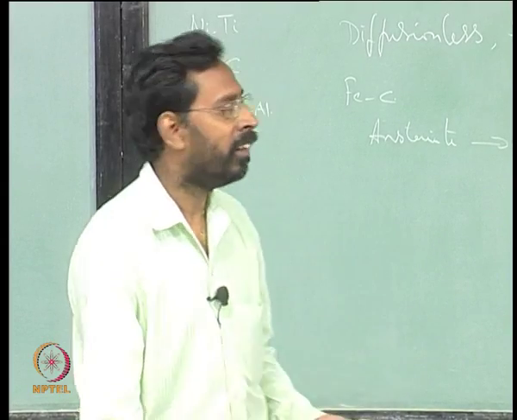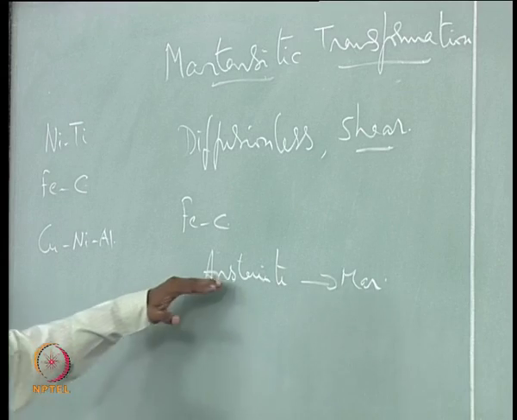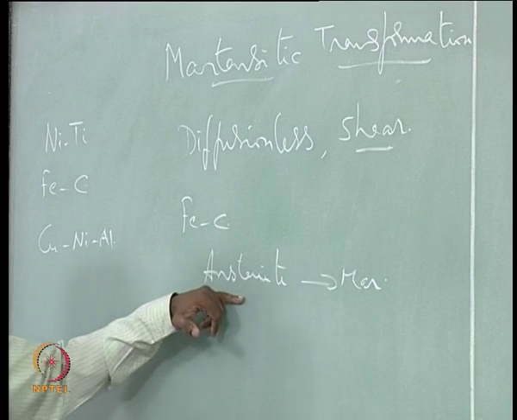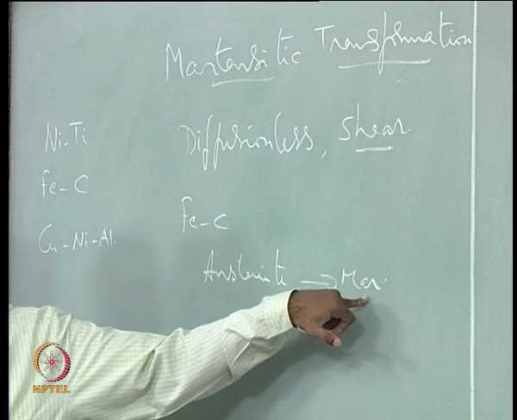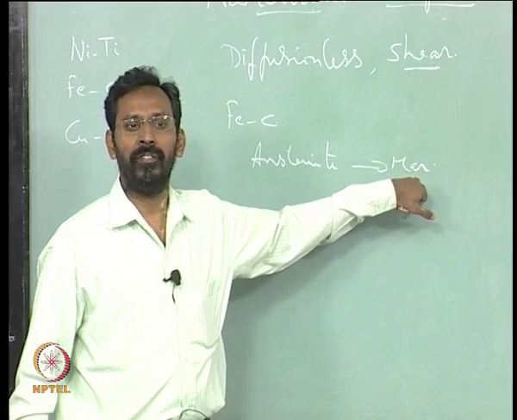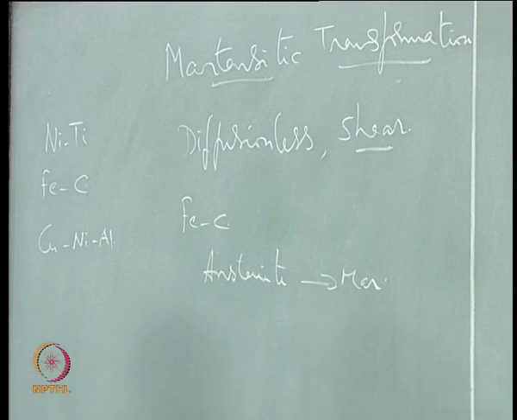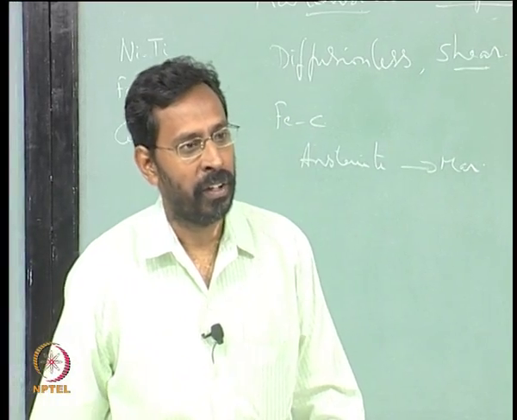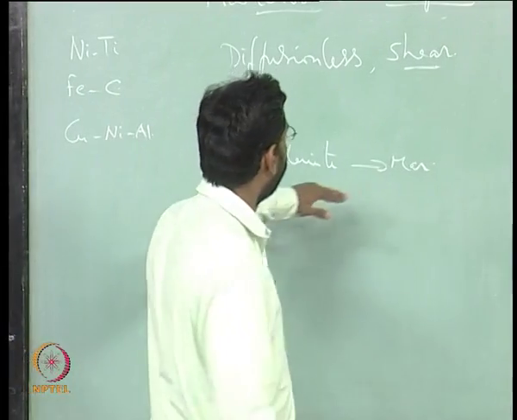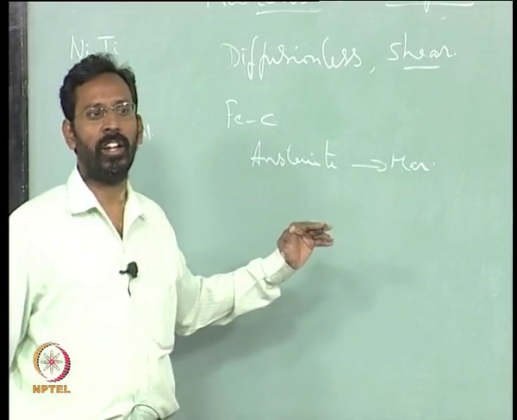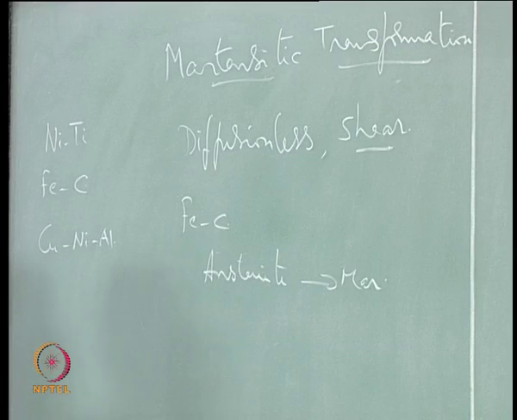The reason is that it is only one structure transforming to another structure by a shear, whereas pearlite or bainite are two phase mixtures. So it is not possible for a two phase mixture to shear to give you a single phase. So whenever we are talking about a shear transformation, it is one structure where you have a shear along a particular direction taking place to give you a Martensite. So if you look at that,